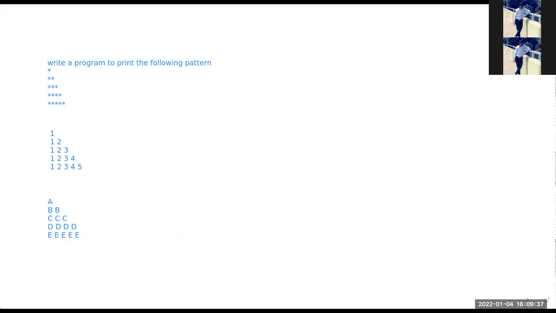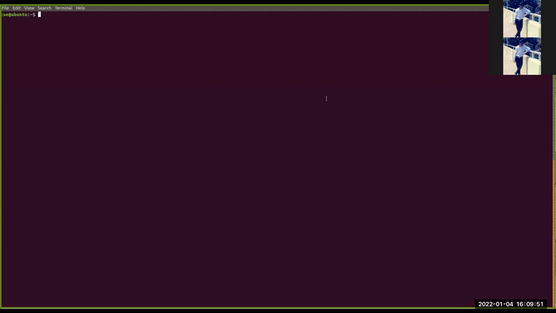Okay, so now is the time to show you the code of the particular problem. But before showing you the code of the problem, I would first like to show you the output of the particular problem, what will be the output and how we can do it. Okay, right? So first let me show you the output, what is the trick here. So dot slash a dot out, right?